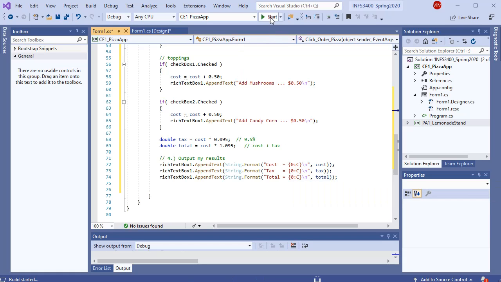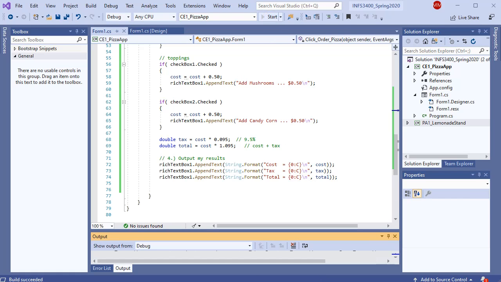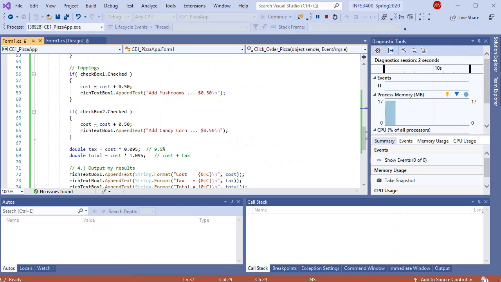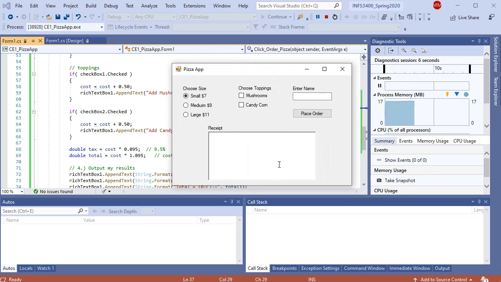Let's see how this works. All right, where is it? Here we go. Here's our little pizza app. Let's try to place an order without a name entered, and we get an error message. Enter a valid name. So here we're going to enter a name. We'll say Hagrid, and we're going to place our order. We see that the order is for Hagrid, small pizza was selected, no toppings are showing, base cost is $7,